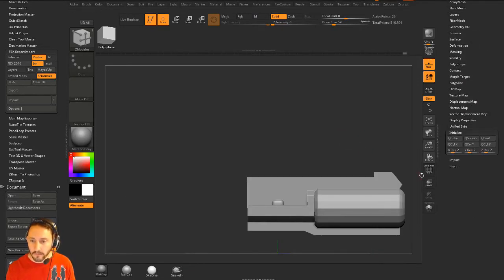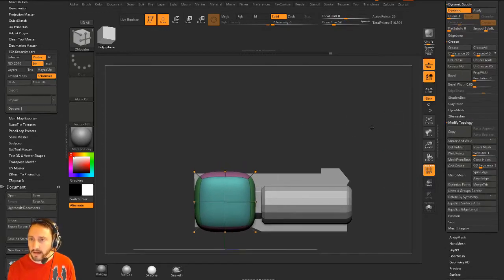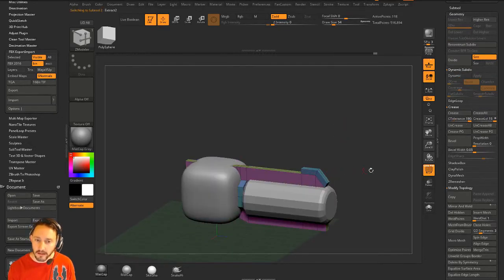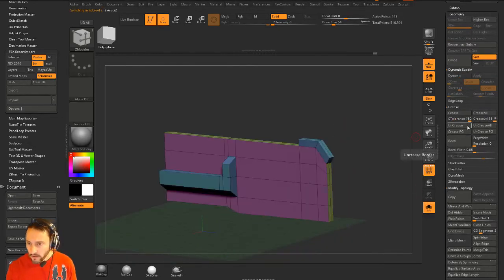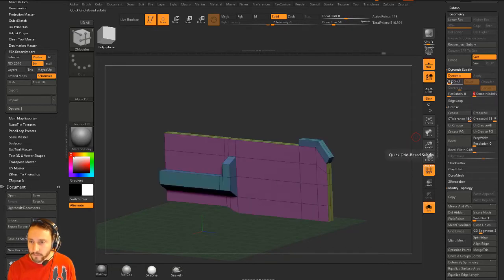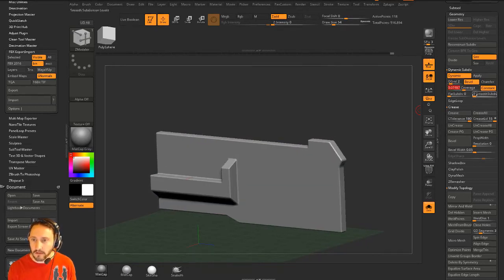Q cube here, and then we'll do unify. Another alternative, if you're just doing hard surface stuff like this shape right here, is to go over here to our crease level. Instead of turning on dynamic with smooth subdivs, where it averages the vertices, we're going to turn smooth subdivs down to 0. We'll use Q grid. We can turn Q grid up to like 2 or 3. We can change the coverage. So we're getting an automatic built-in bevel, and you can use chamfer, bevel, or both,